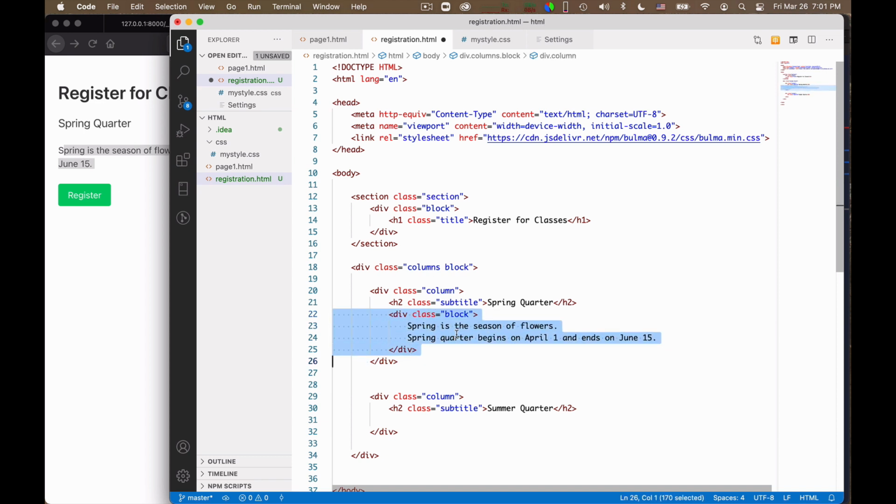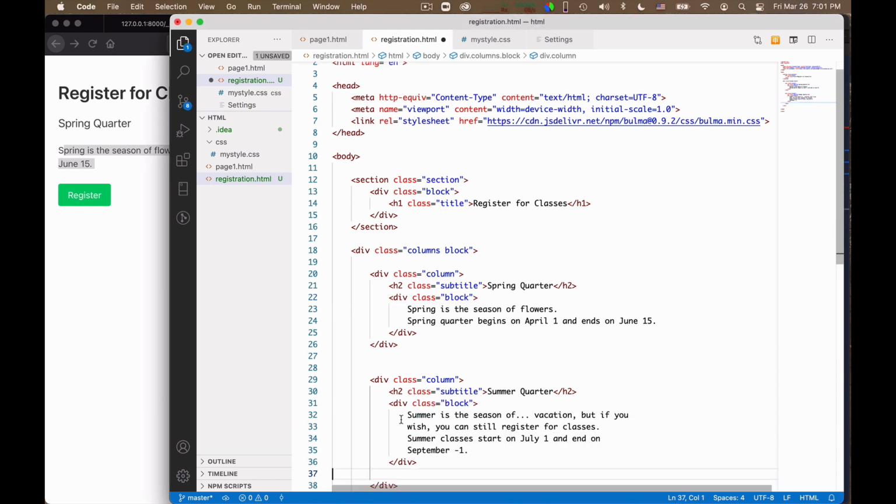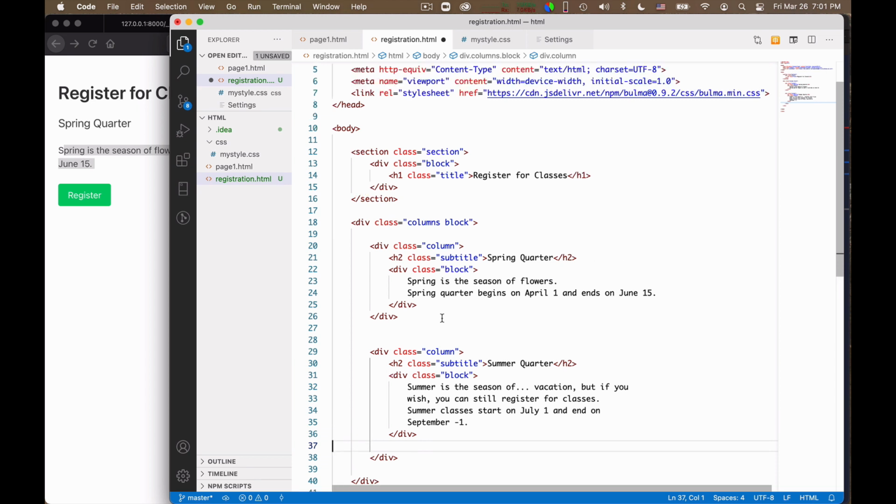Okay, so this is a div of class block again to ensure spacing. Okay, and for summer I will do the same. I will have a div here. Now I try to get this place right. Yes. Okay, so these are the 2 blocks, and all I'm missing is the buttons.